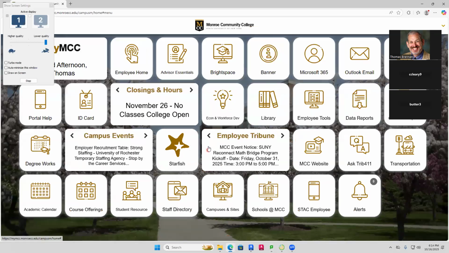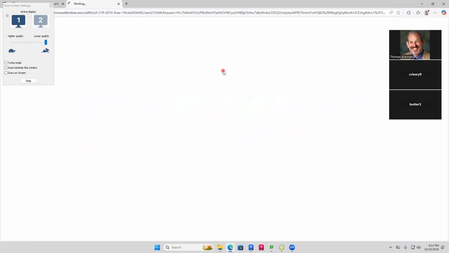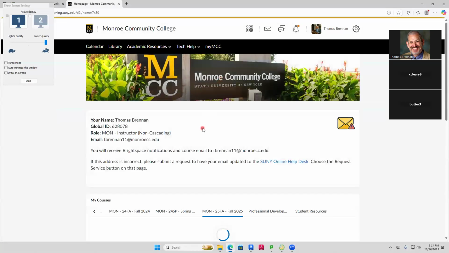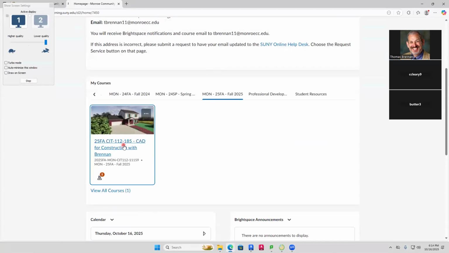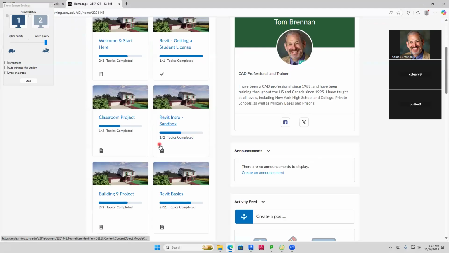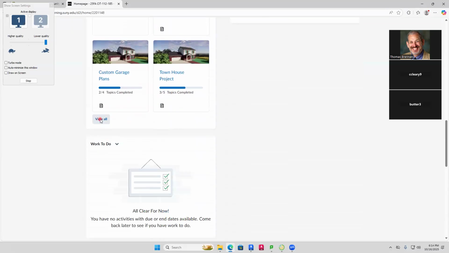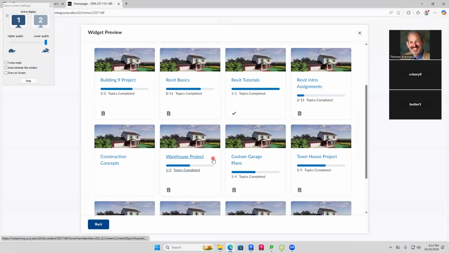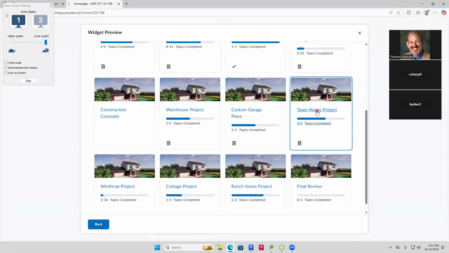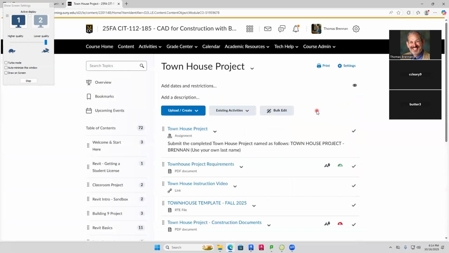So first of all, this is what the project is. We're going to go to Brightspace. When we go to Brightspace, it's always the same thing. We go out here, we look at the specs. The particular specs for this one are here under the Townhouse project. For the Townhouse project, you have to use view all, at least on mine I do. And we go down here to the Townhouse project. And as I mentioned, this particular Townhouse project